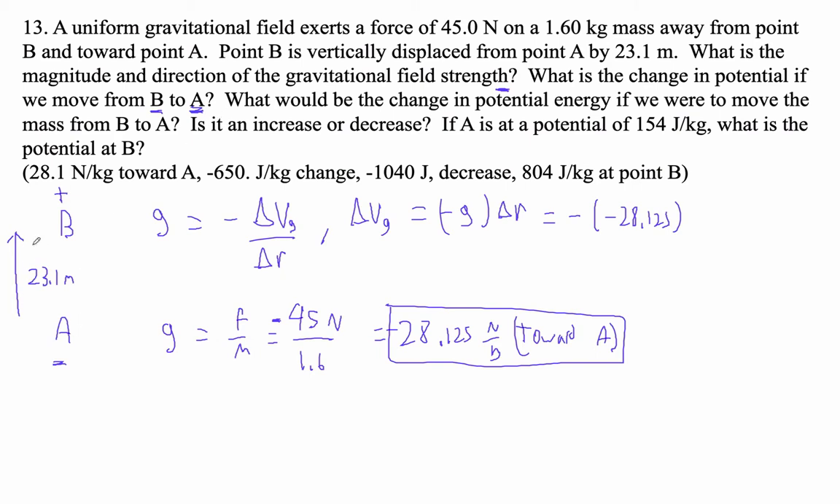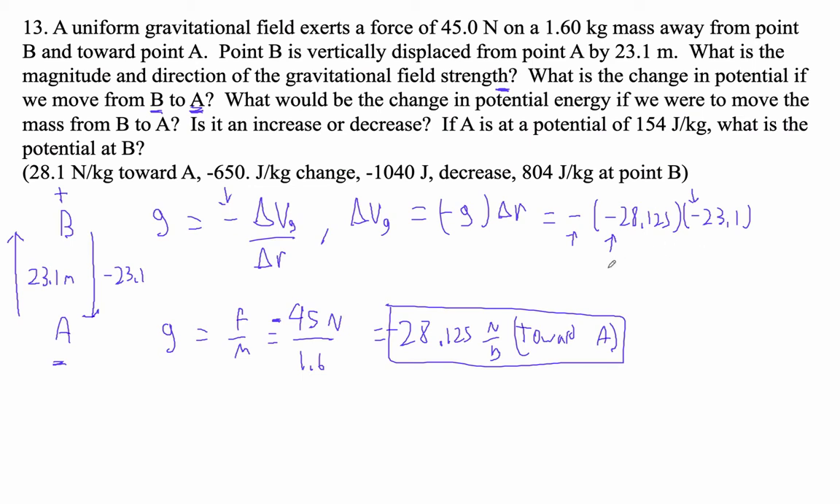And I'm using this system here, right? So we're going this way, down 23.1 meters. The field strength, the gravity is toward A, that's why it's negative. This minus comes from the formula, right? Okay, and then our displacement is minus 23.1. So that minus sign comes from, we went down, we're going from B to A, which in our system would be going negative 23.1, right? Okay, I'm just trying to be consistent here. Sorry about that. Okay, so that times,